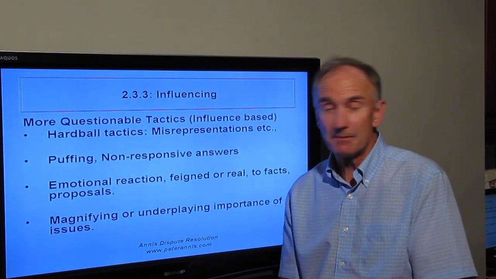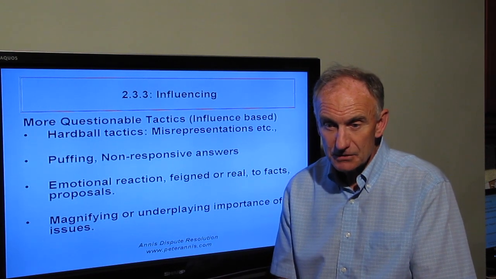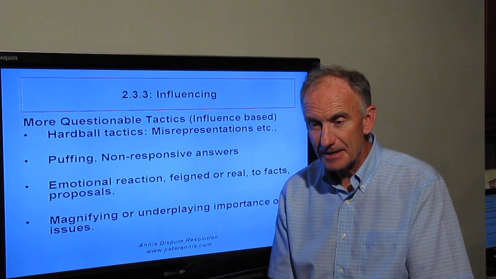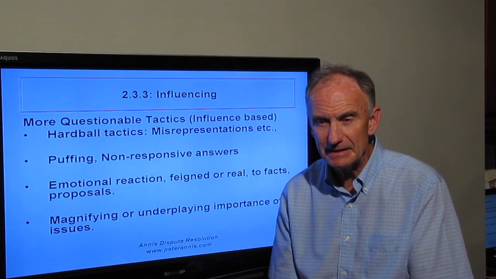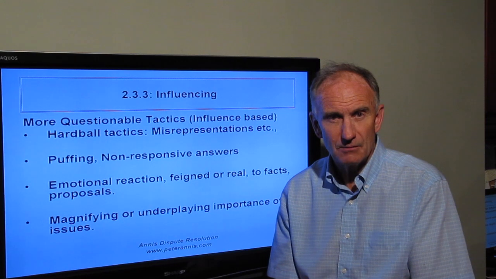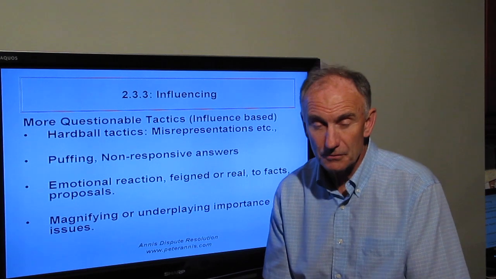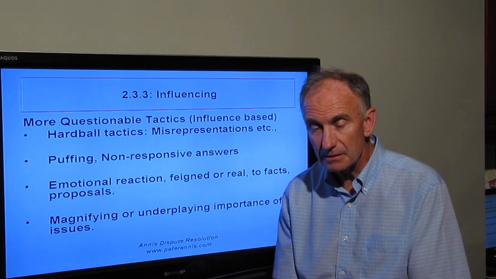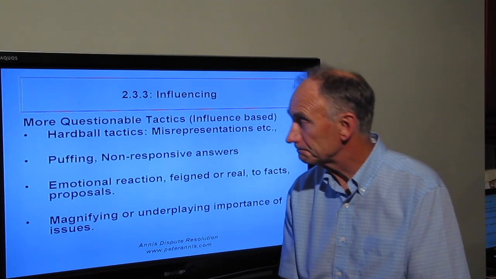On the illegitimate side, we've got some hardball tactics. A good example, once again on the offering side of things: when somebody makes an outrageous offer, what we call a lowball or the real hardball offer, to a certain extent that's really pure influence. So if you're looking at it, you're saying that's pure influence, and it's completely beyond my resistance point. It's got absolutely no basis, and what this person is trying to do is to influence me, probably through a process of upsetting your decision-making processes, getting you anxious, but also by trying to convince you that you're not going to achieve your ends. Pure influence.